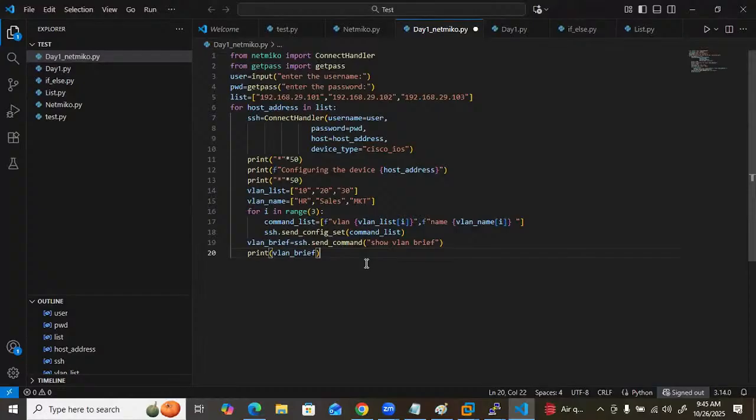The SSH dot send config set or send command must be there. Yes, that SSH must. If you are going to execute any command which throws output, then you will use send command. If you are going to use any command which configures the device,